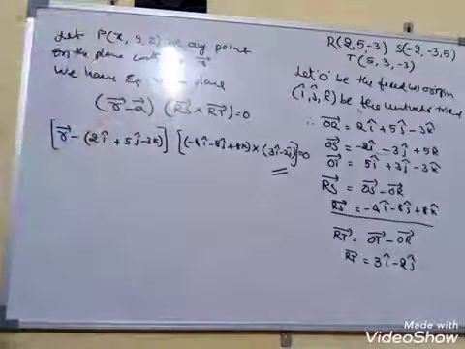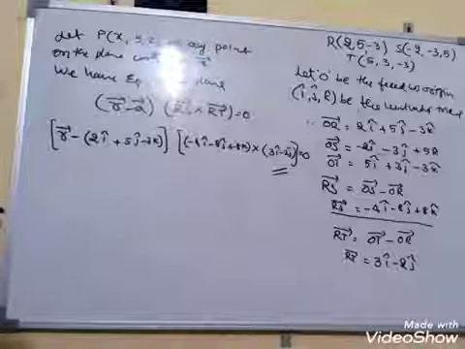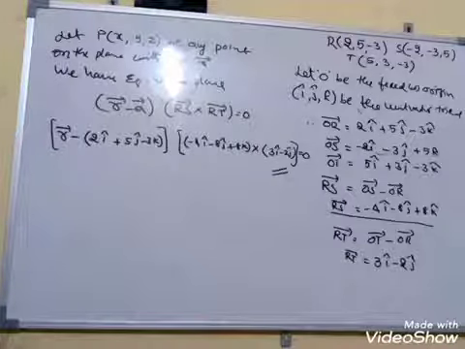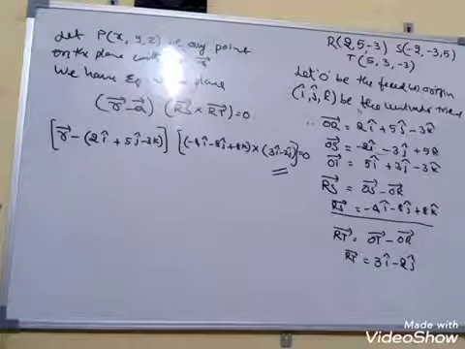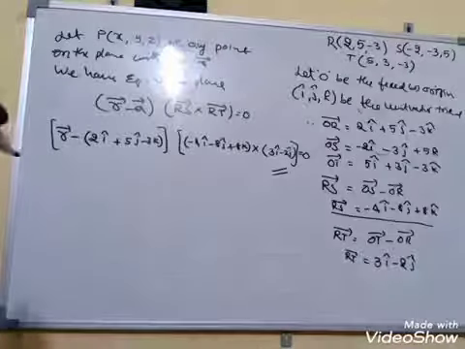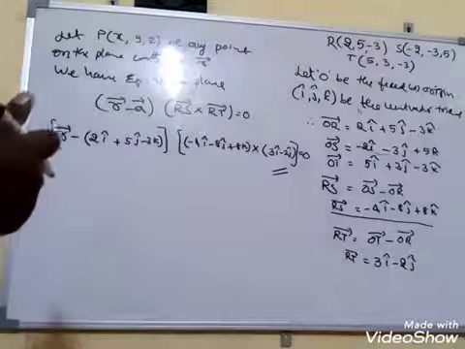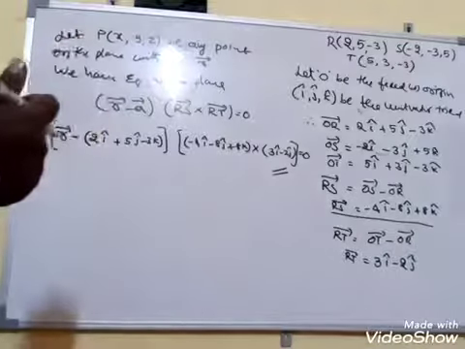Find the equation of the plane passing through 3 non-collinear points R(2, 5, -3), S(-2, -3, 5) and T(5, 3, -3). Now, usually you are going to solve in the vector form. That's why you have to take the origin. Let O be the origin and i, j, k be the unit vectors along the coordinate axes.